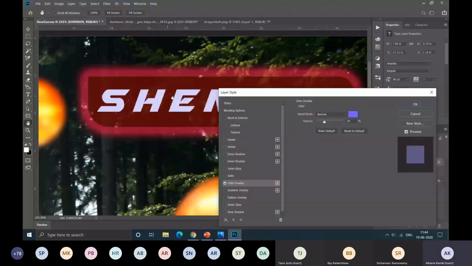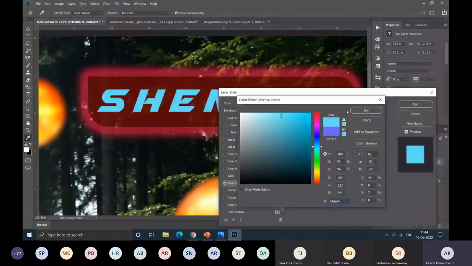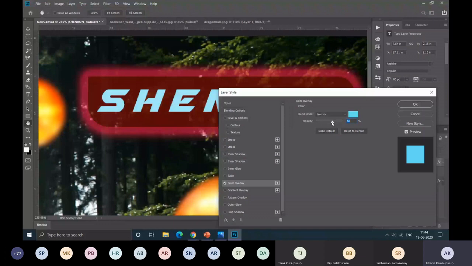As the opacity is 30%, it has mixed this color with 30% opacity with my previous color, which was white. And you are seeing this lighter shade. So if I increase the opacity, you will see the color has completely overridden by this color. You can change this color from color picker like this and play with this. And now if I want to add gradient, just deselect this and select the gradient overlay.